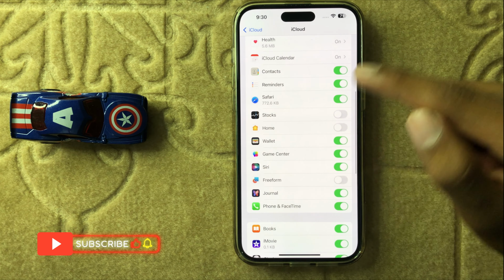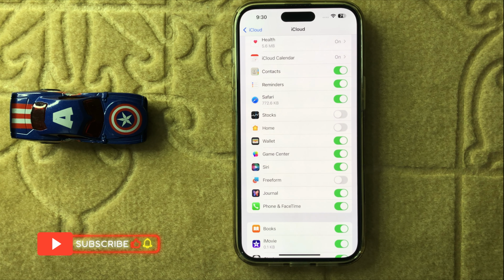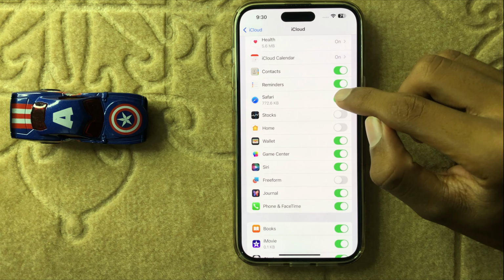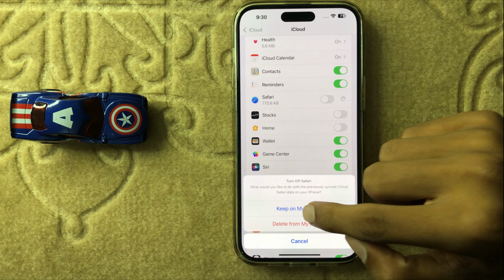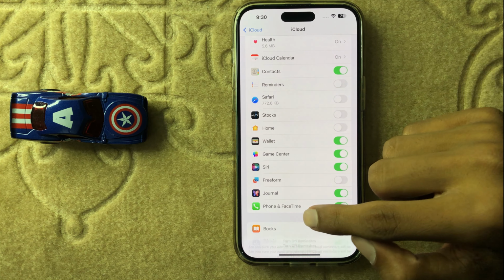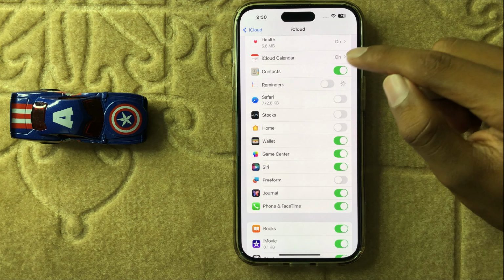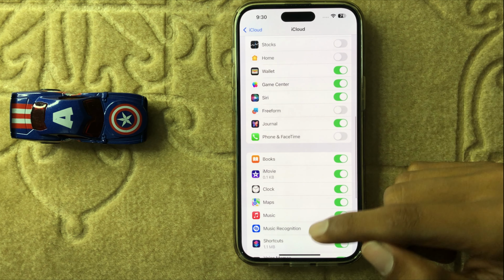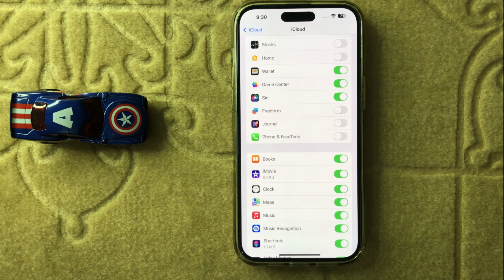Here you can see all the apps which are synced to your iCloud. If you want to unsync, then simply disable this button. Simply disable these buttons. So this is the way to disable iCloud sync for unnecessary apps to save battery in